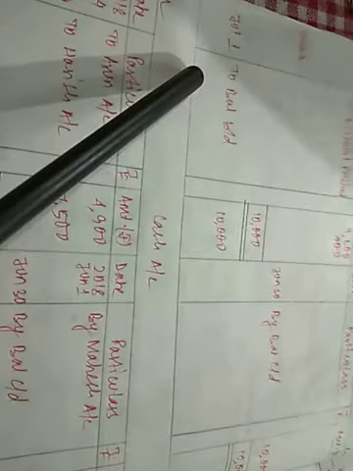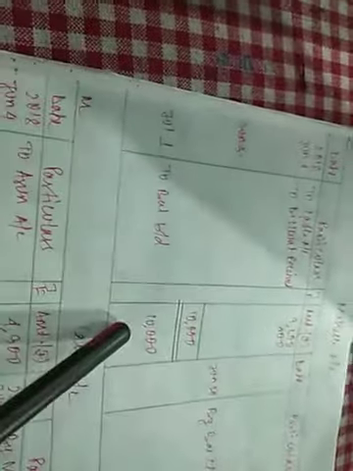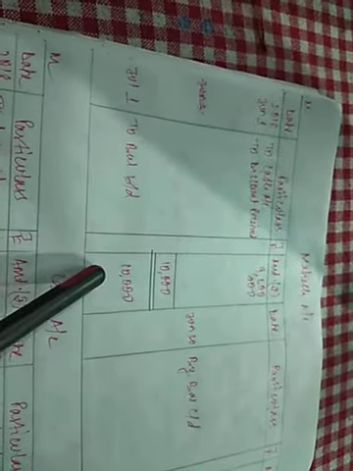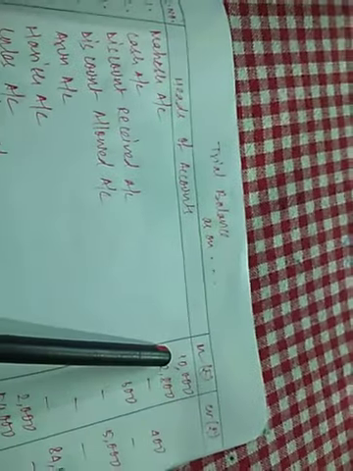Like the first account was Mahesh account. In Mahesh account, what was the balance BD? Don't see the balance CD, we'll only check the balance BD. The balance BD was 10,000. In Mahesh account it was balance BD 10,000 on the debit side. The balance BD we got on the debit side. Mahesh account we got 10,000 balance BD on the debit side. So here in trial balance I have written Mahesh account, in debit I have written 10,000.